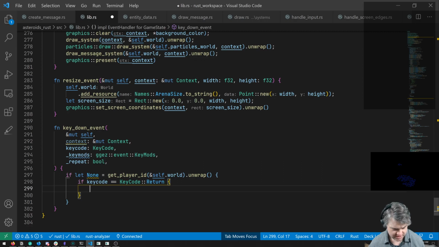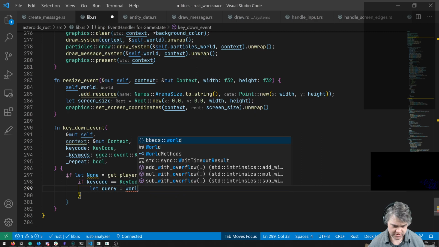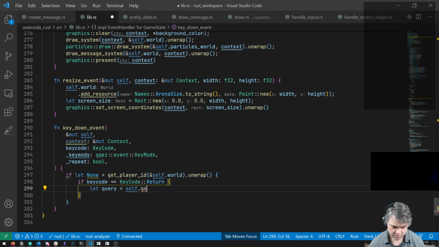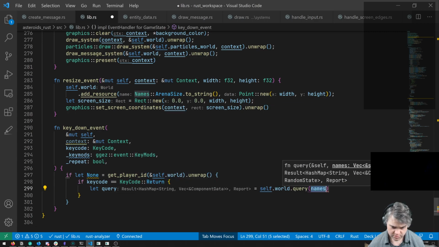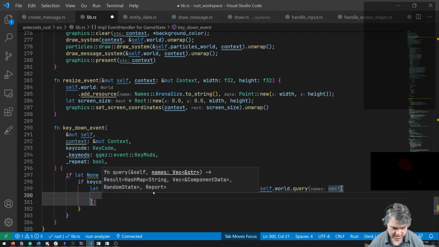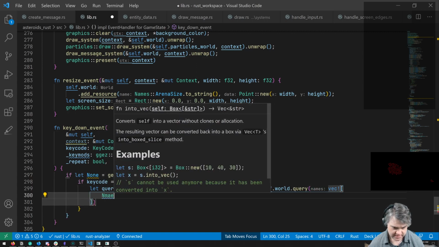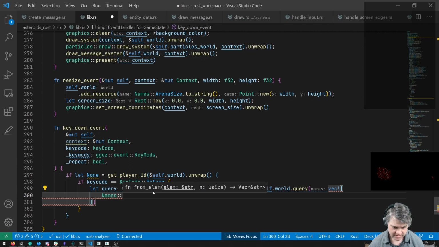So we're going to do a query. Let query equals self.world.query. And in this case, we're going to look for a vec of names.